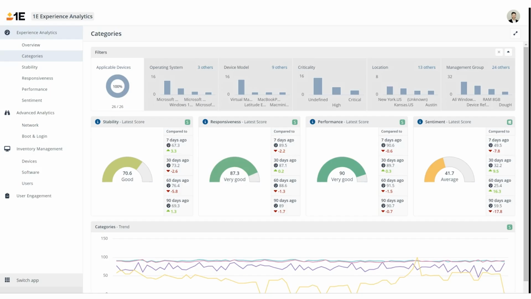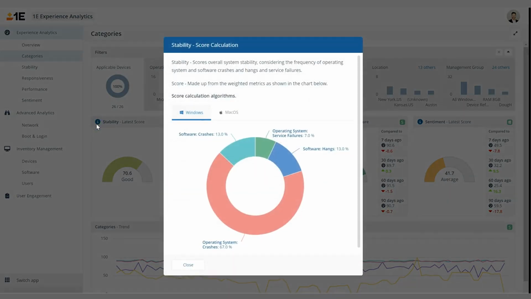IT teams are always looking for ways to better manage and respond to the incidents that they see every day. And the experience dashboards puts that data in their hands so they can see where issues are happening on which devices and the best way to solve them. But we're looking at four main categories within experience, and that's around stability, which tracks operating system or software crashes